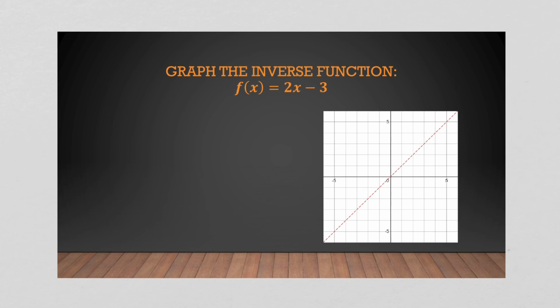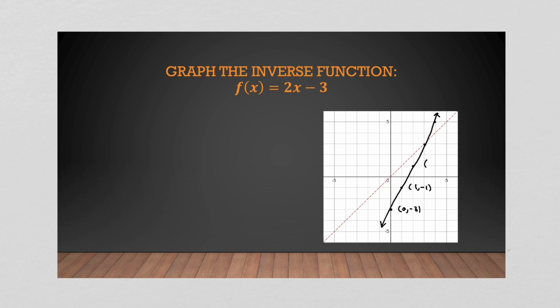So let's look at one more graph here. So here we have the graph. It's a linear equation, y-intercept of negative 3, slope of 2 over 1. So we kind of look like this. Those are the points on my graph. So there is my original function. I don't have a ruler, so I apologize. But what we have is some coordinates that we can consider. 0, negative 3, 1, negative 1. So rather than do this by solving first, let's actually just swap all these coordinates and see